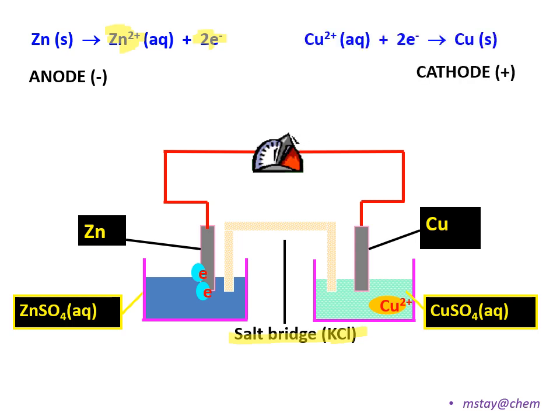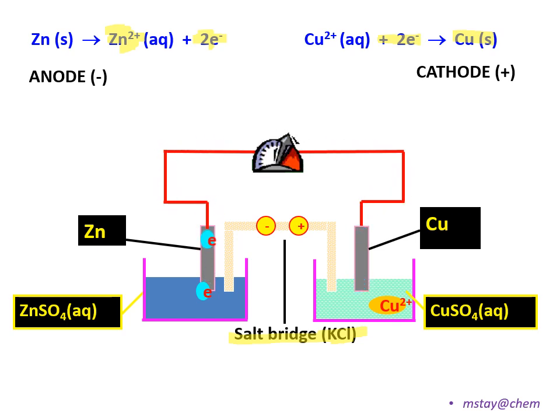While at the cathode here, the Cu2 plus from the solution will gain 2 electrons and then become copper. Now focus on the diagram here. The zinc will lose 2 electrons to produce the electrons,